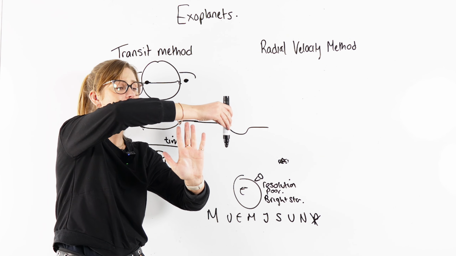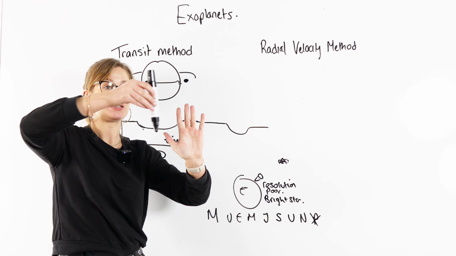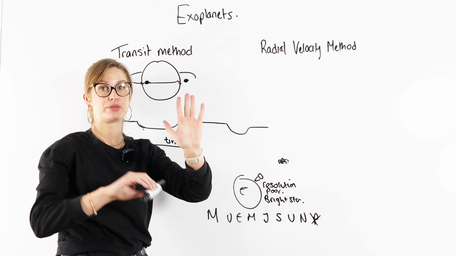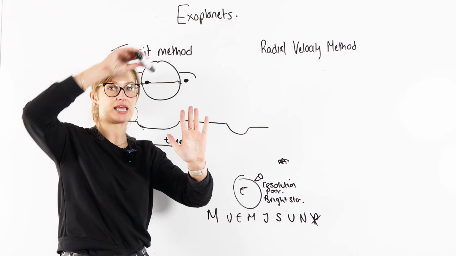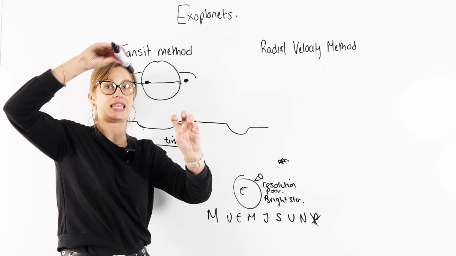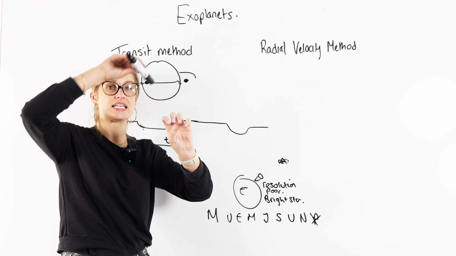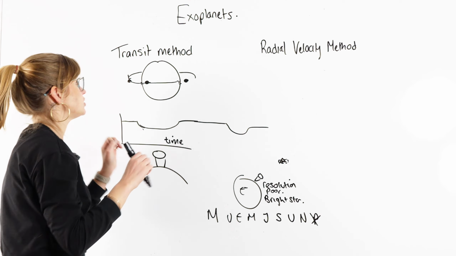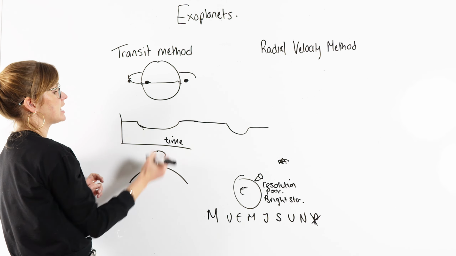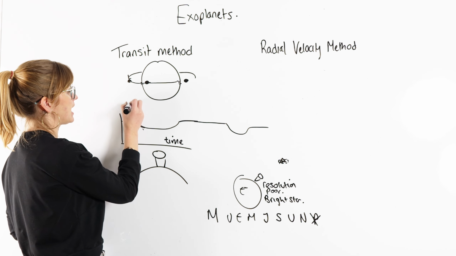But not all planets are going to orbit that star in that same plane. They might orbit the star in a different plane. So you see, if it's orbited in this plane, it's never going to block any of that light from our star because it's orbiting in a different plane. So another problem with the transit method is that the only reason we can see these dips is that it has to be in the correct